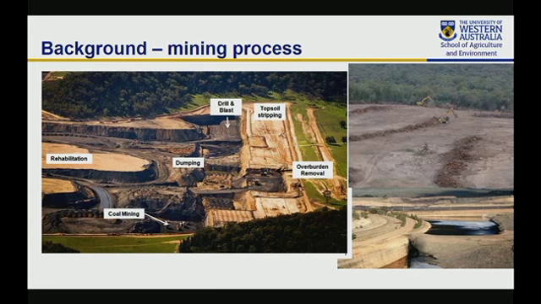So effectively what rehabilitation is, they'll reshape the waste dumps and then put a thin veneer of topsoil on top, and I'm talking 10 to 15 centimetres of topsoil, and then spread the seed out, and that's how you achieve your rehabilitation. Mining wastes are also deposited back into pit via tailings dam and also coal rejects, which are the coarser rejects. So this here is actually a picture of Wilpinjong Coal Mine.